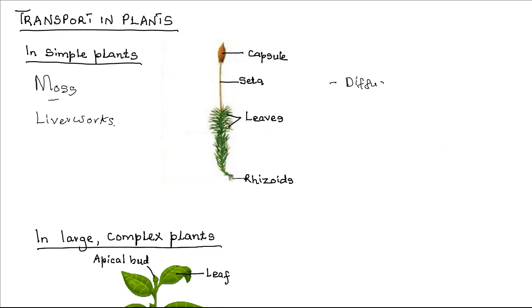Diffusion will facilitate movement of substances from one place to another within the body. Osmosis and active transport. Now, these three processes enable movement of substances. For example, if it is water